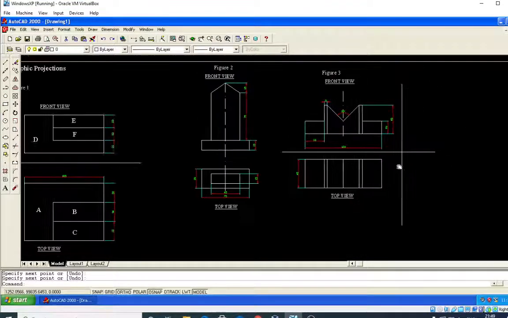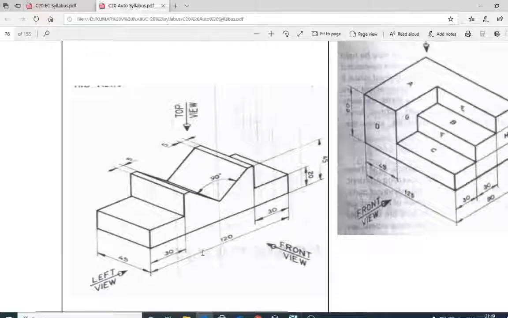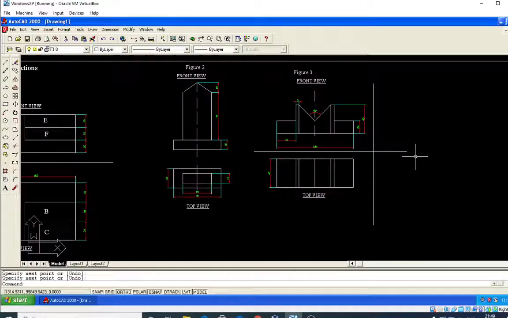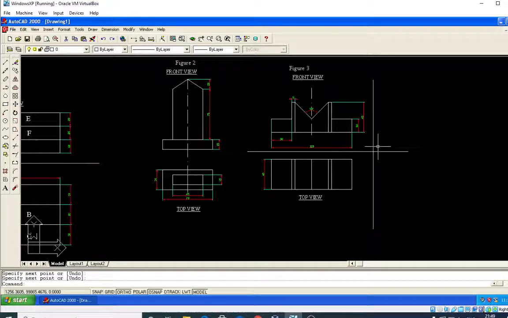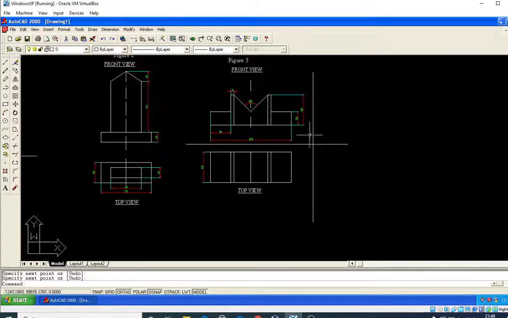Okay, side view. In this figure, as you know that left view, we have to look from the left side, and when viewed from the left, the figure is seen on the right side, right? That means we have to draw the left view here. So what I will do, simply I will take a reference line from here to here.